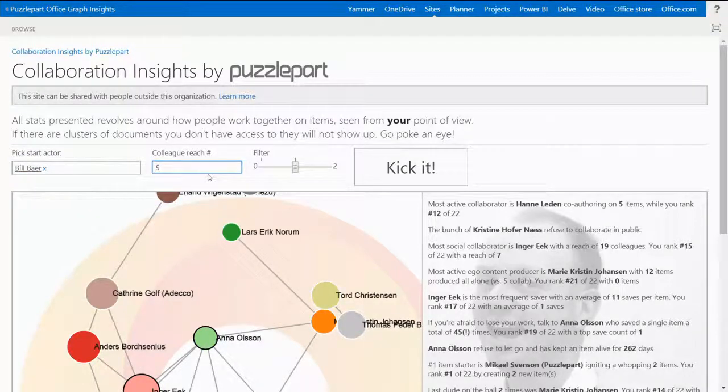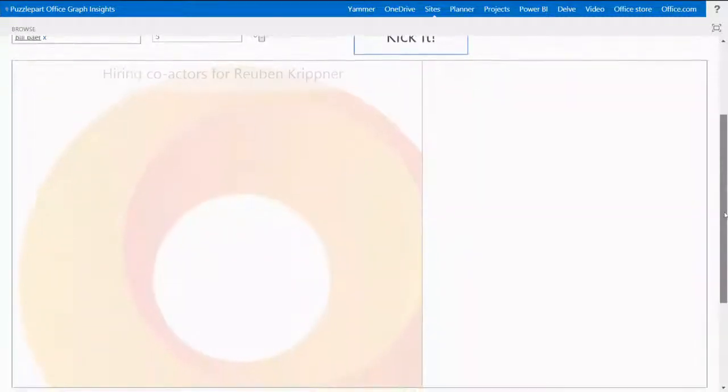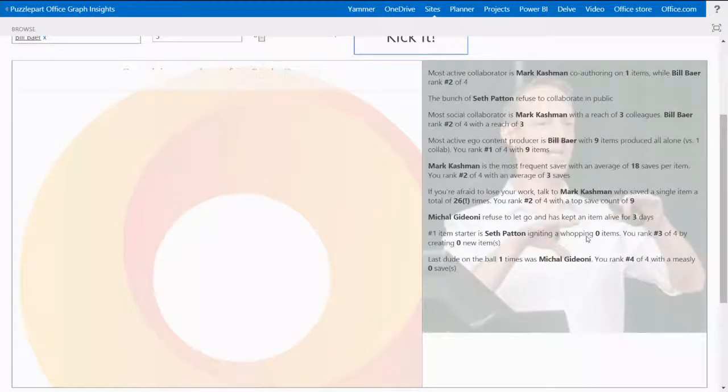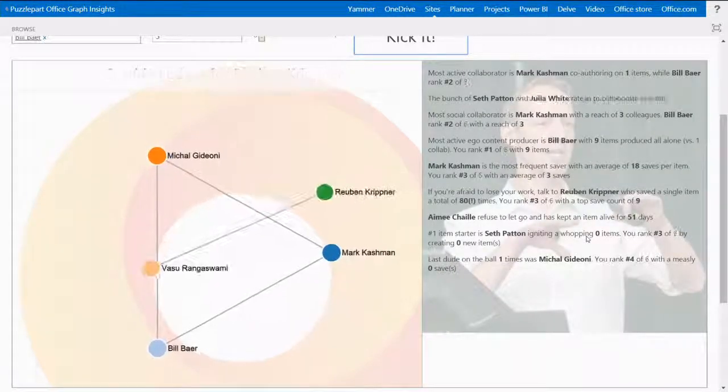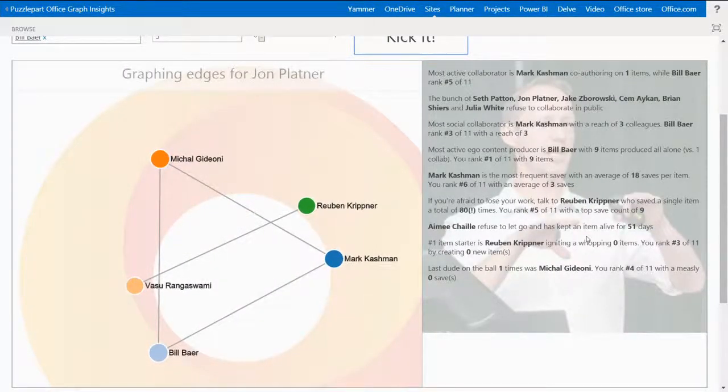So I'll do a smaller graph. Hey, that ran really fast. So I don't know how big the graph will be, because you might be collaborating in private spaces, for all I know. Oh. Yeah. That was it.